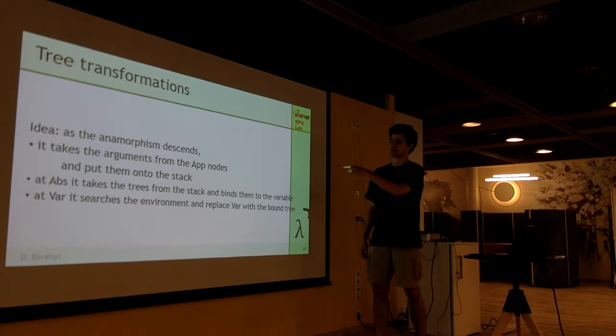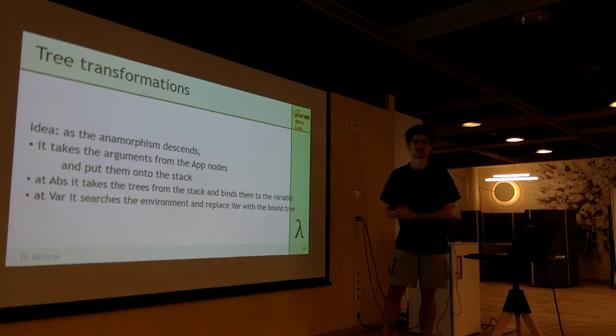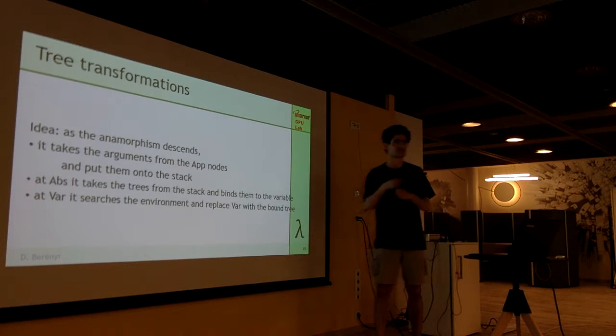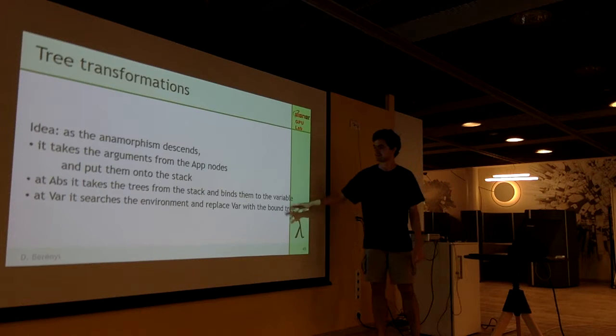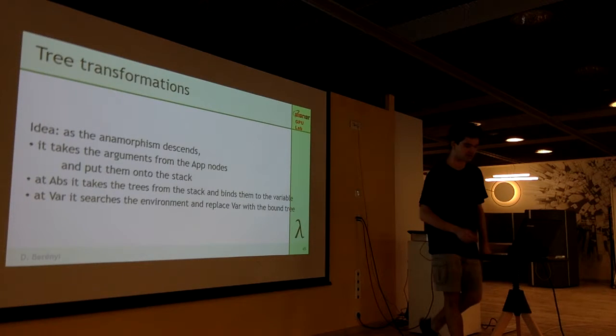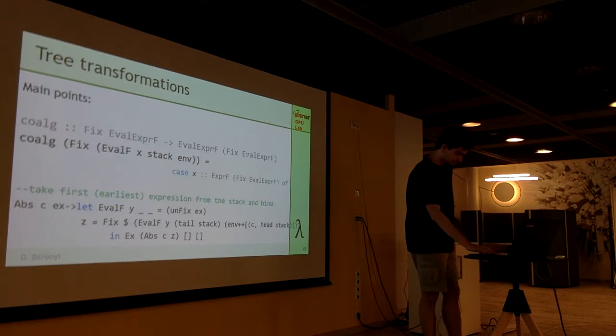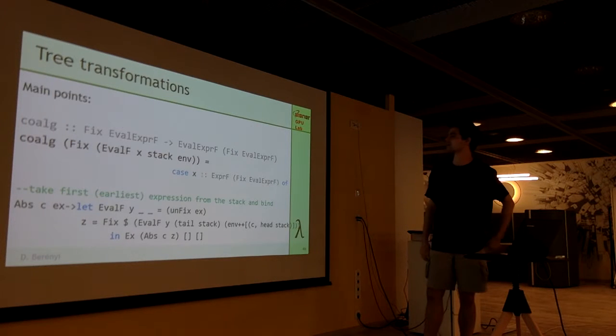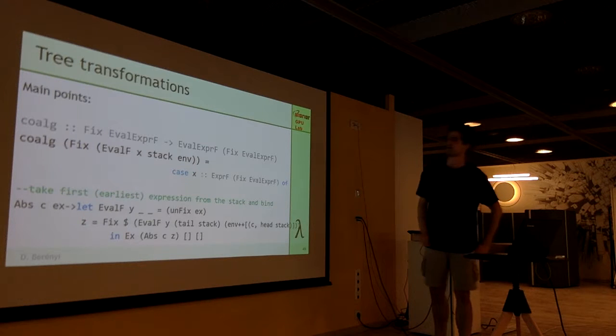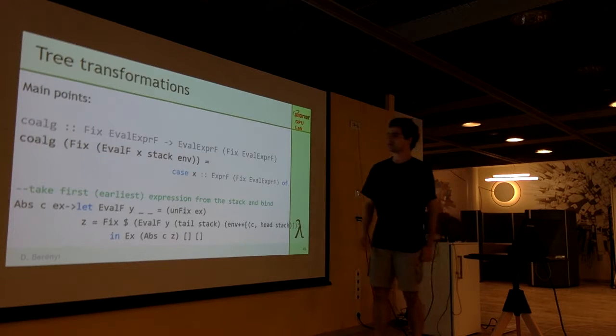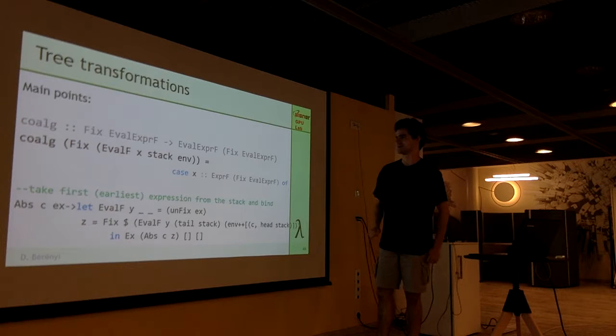And when we hit a variable, we search for it in the environment and just replace it with the expression tree that we were storing in the environment. So it is really simple, and of course when we have finished, we start with the catamorphism and really just evaluate all the things that we did. So the actual replacement is done in the anamorphism. I'm just showing some main points of the routine. You can take a look at that afterwards.